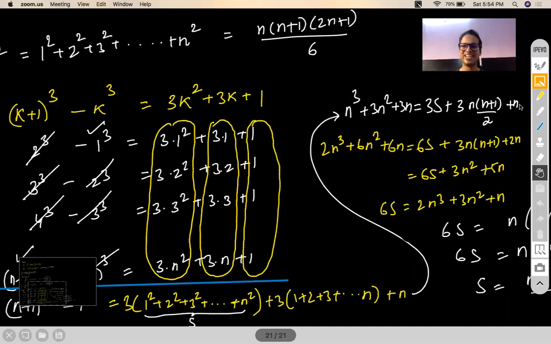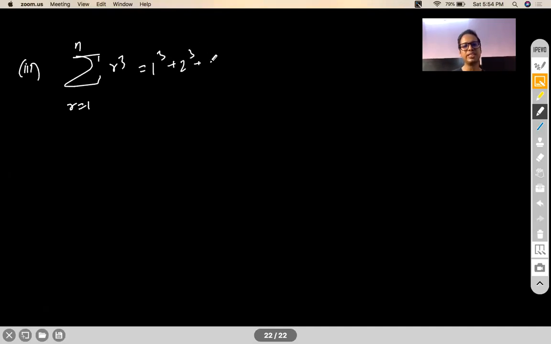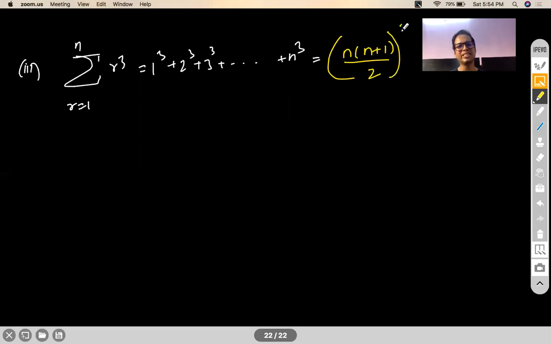Okay. Yeah. So in a similar way, you should also be knowing the sum of cubes of natural numbers from 1 to n. So 1 cube, 2 cube, 3 cube, till n cube. It is basically nothing but n into n plus 1 by 2 the whole square. Easy to remember because it is borrowing its result from the sum of all natural numbers. Okay. Again, try to prove it. Prove it as homework.